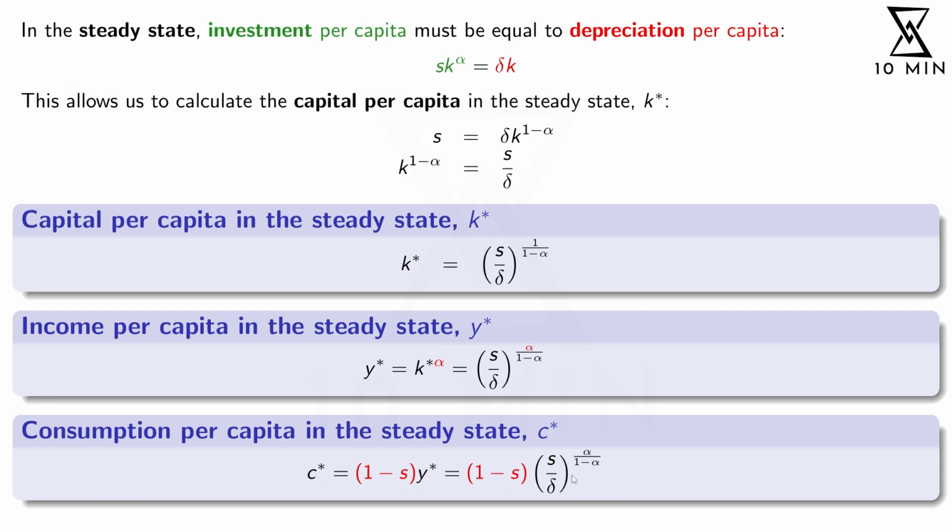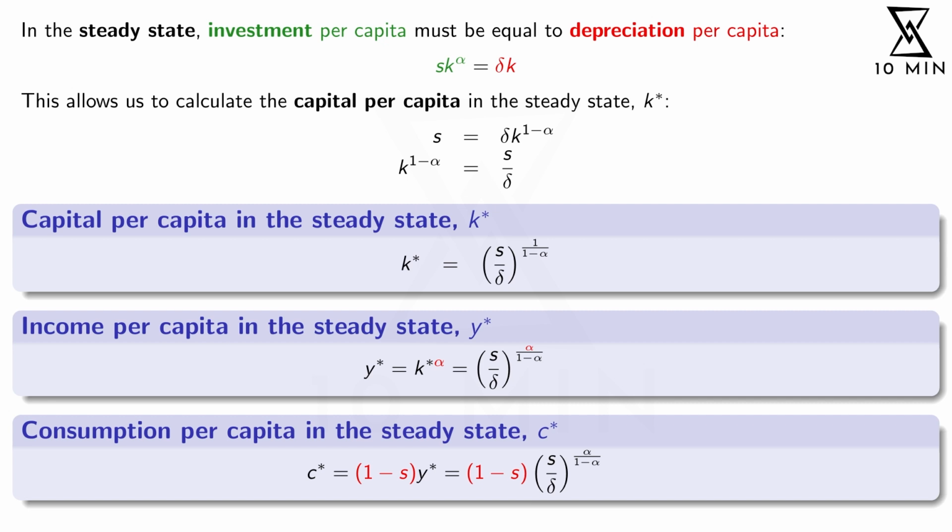However, if you look at consumption, then it's actually not that obvious, because if you have a higher savings rate, then in the steady state you will have more capital and more income. But if you have increased your savings rate, it obviously means that out of the now higher income, you save a higher fraction and therefore you consume a lower fraction. So while we know for sure if the savings rate goes up that you have more capital and income per person in the long run, whether you can actually consume more in per capita terms depends on which effect is stronger, the positive effect on the income or the fact that you now save a higher and therefore consume a lower fraction of that income.